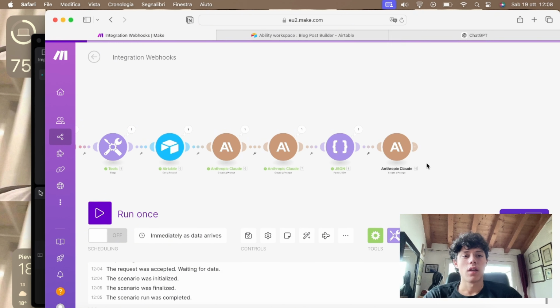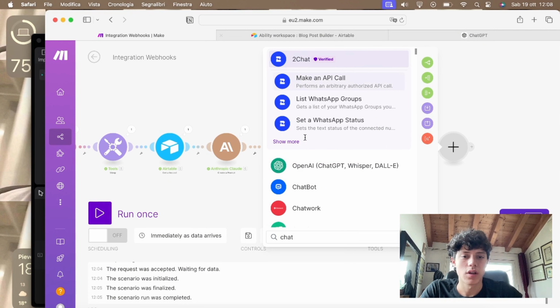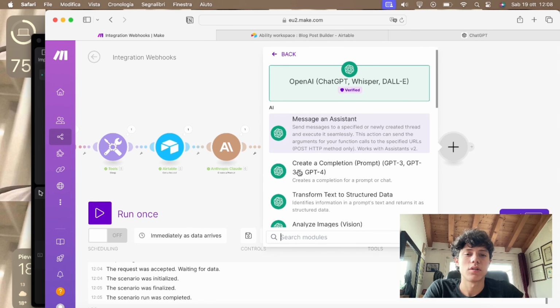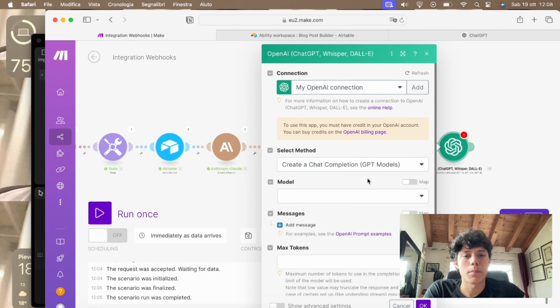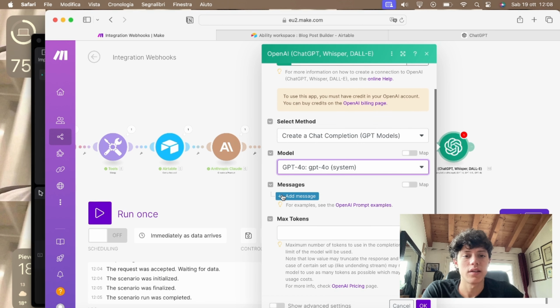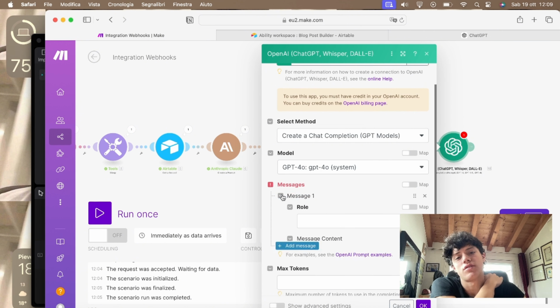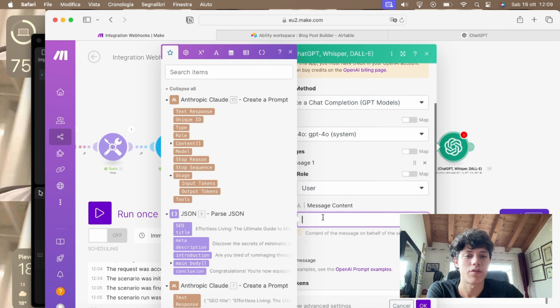Now we want to add another module. For the next step of this automation, we're going to choose ChatGPT. So we're gonna choose create a completion. For the method of the completion, I'm going to choose create a chat completion with the GPT models. For the module, I'm going to use ChatGPT 4.0, which is the latest and the most advanced one. For message, I'm going to use, as always, user. And for message content, you will want to